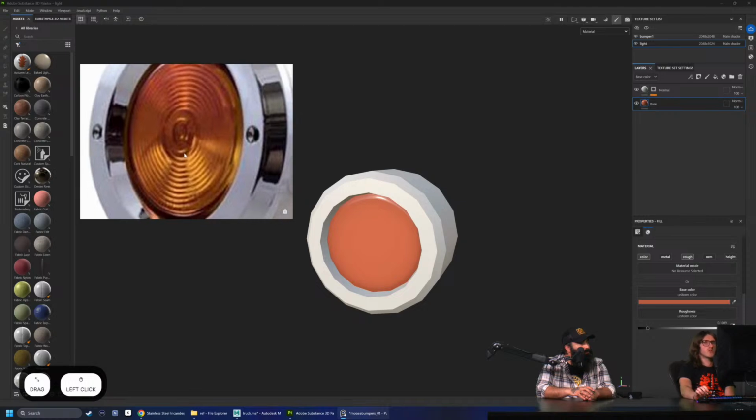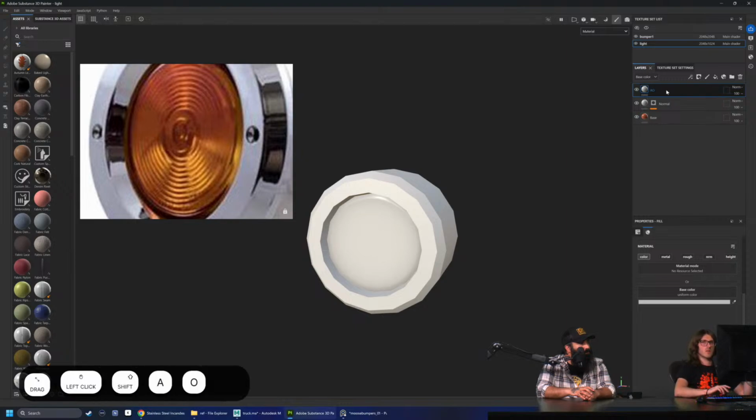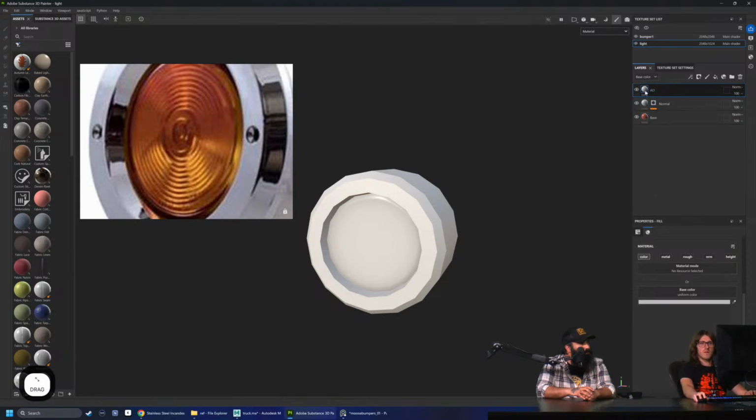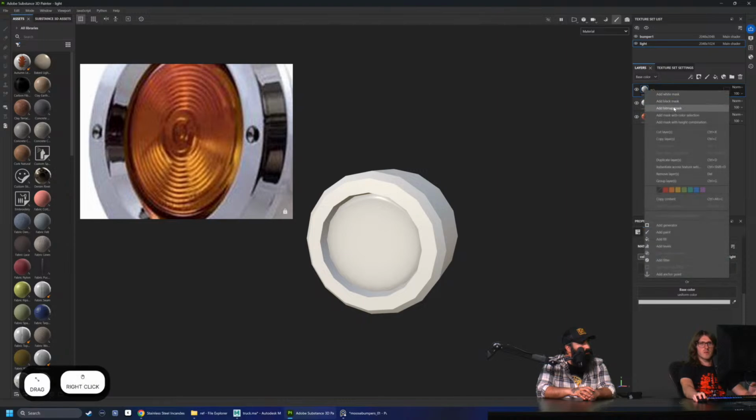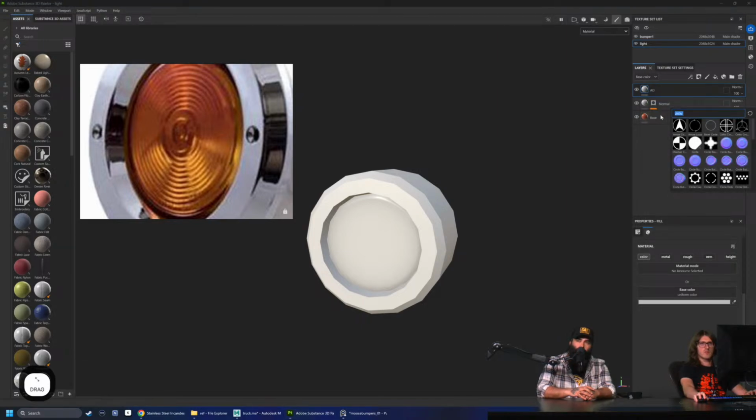We can use the AO to give it some nice depth. So I would actually put the AO in the color as well, but I like to use it as a bitmap instead of just putting it in there. So if we just go,